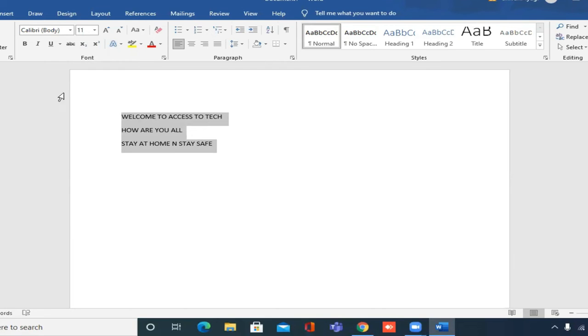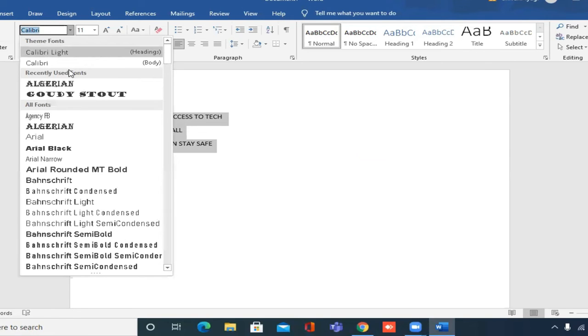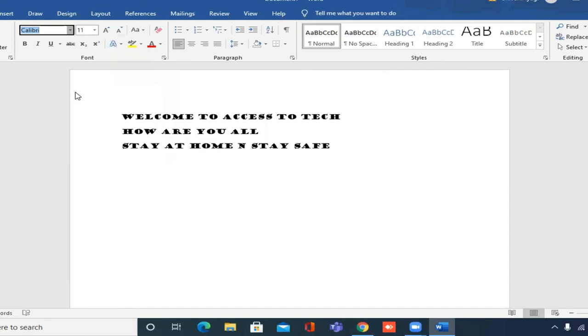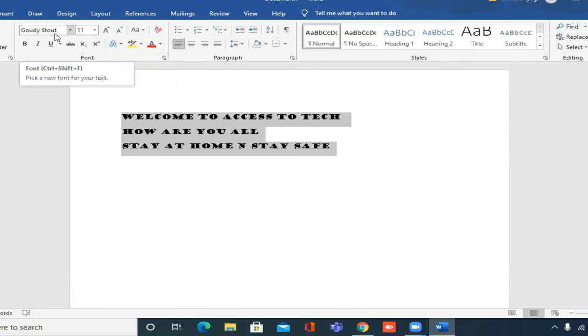Now, after selecting the text, all the operations which I told you we will be performing are present in the Home tab. The Home tab is already selected, so you can see all the options over here. Where Calibri Body is written, as soon as you click here, you will find different font styles. Whatever font you want, you can select as per your choice. I am selecting this one right now. You can see the difference, the text style has changed. So from here you can change the font style.